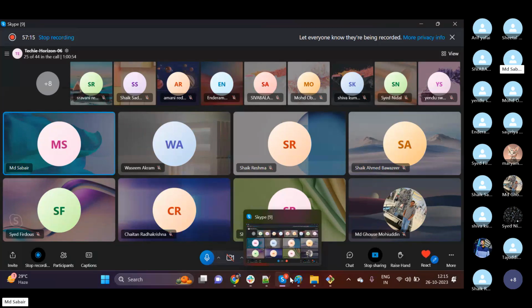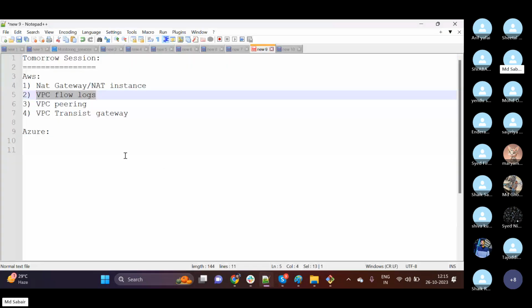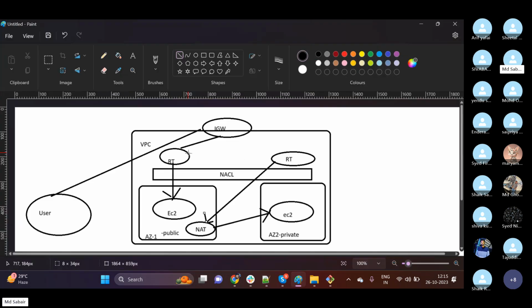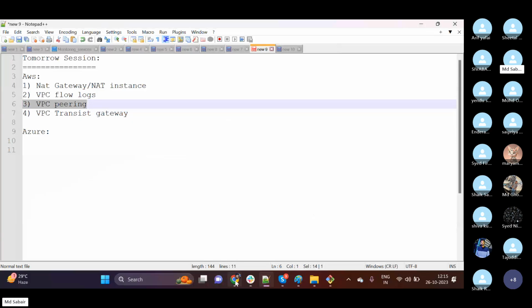No? Okay. So and then we have one more concept called VPC peering. So peering is very important. Okay, so why do we need peering? For example, here, let me show you the problem first, and then we can talk about the peering. Okay, for example,